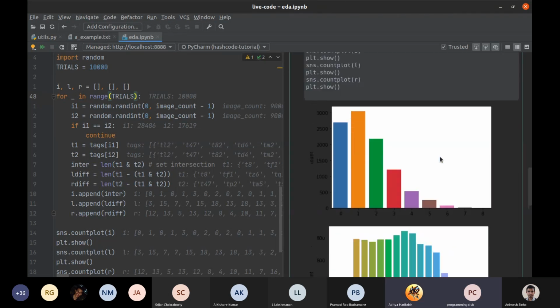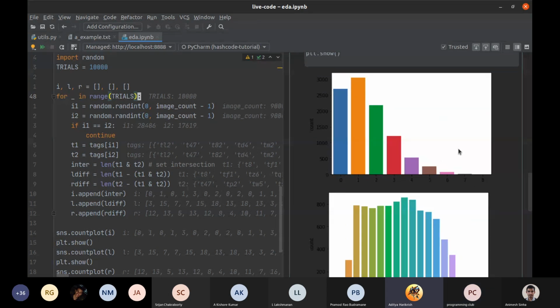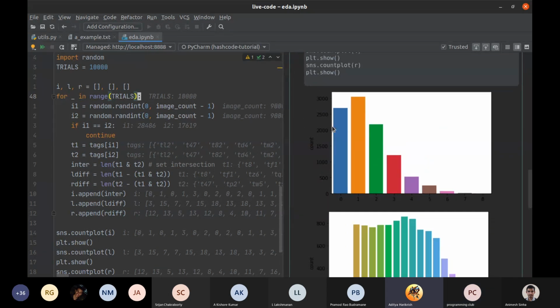Oh, sorry, you are saying in 2500 trials, no consecutive pair of images has any intersection? Not consecutive. These are just random: here you can see I'm randomly picking two images, I1, I2, not necessarily consecutive. And I'm doing 10,000 trials, out of which 2500 landed in the no intersection range. So basically EDA is the second step, which will help us get an idea of what our data is.